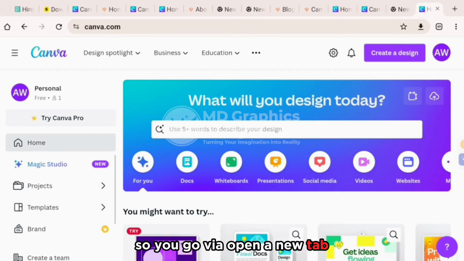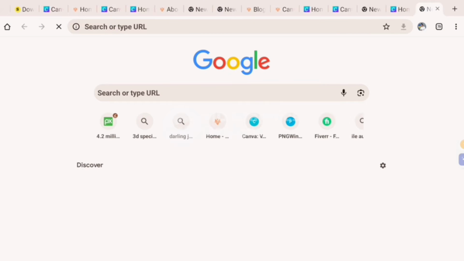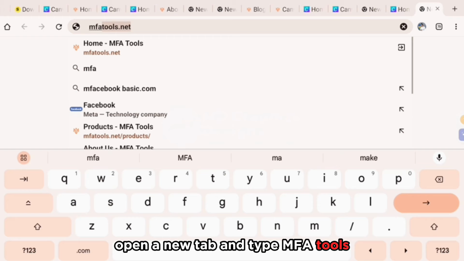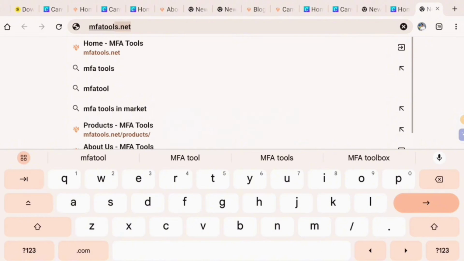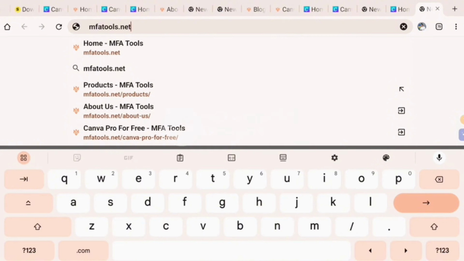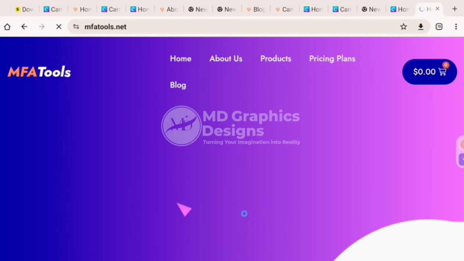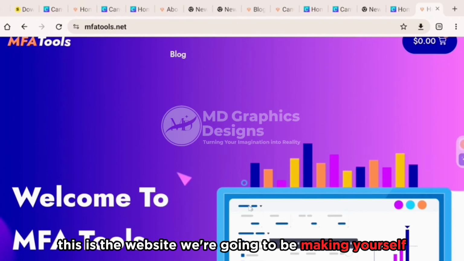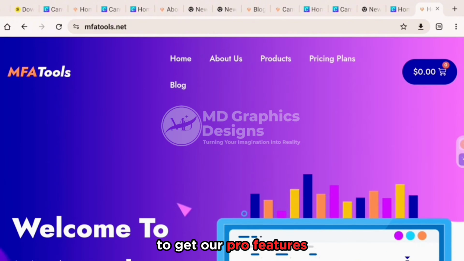So you go over here, open a new tab and type mfatools.net. Enter. This is the website we're going to be making use of to get our pro features. We're going to join a team of designers. So this is, you click on blog,